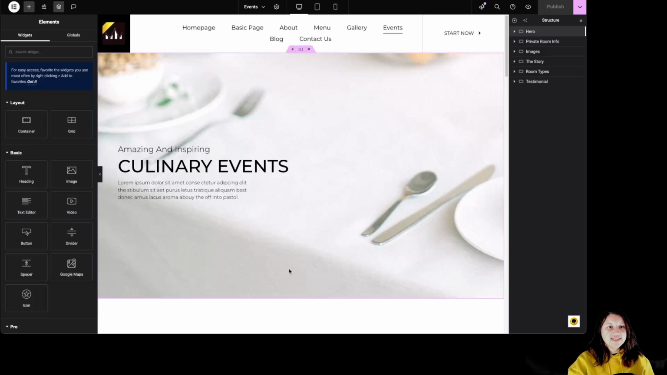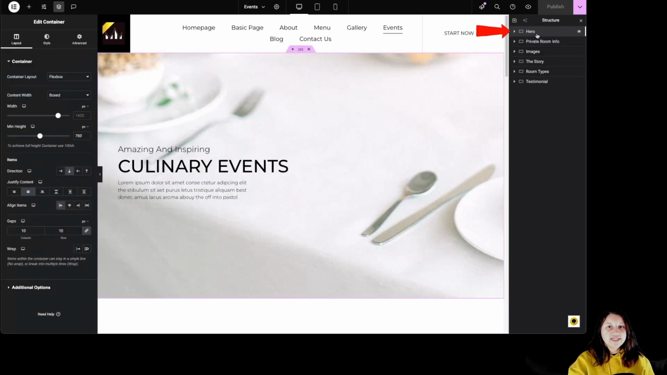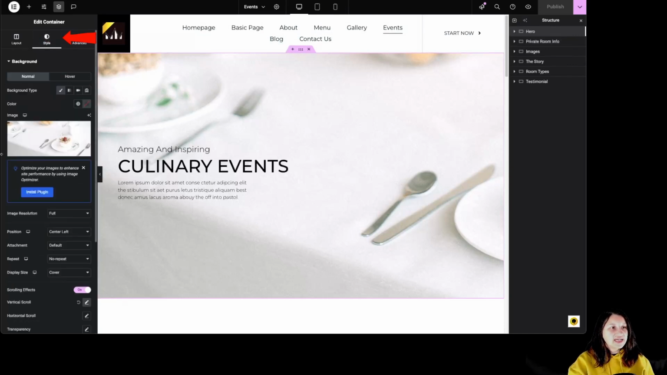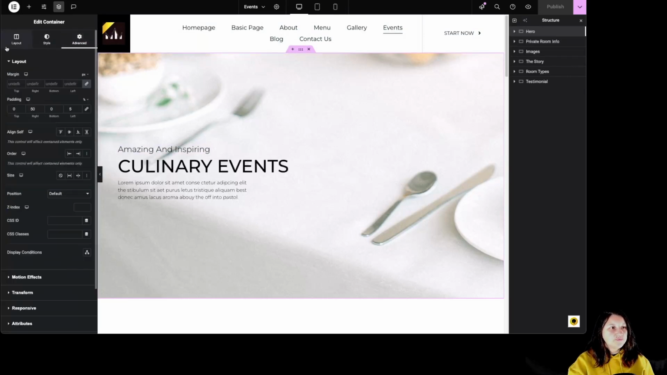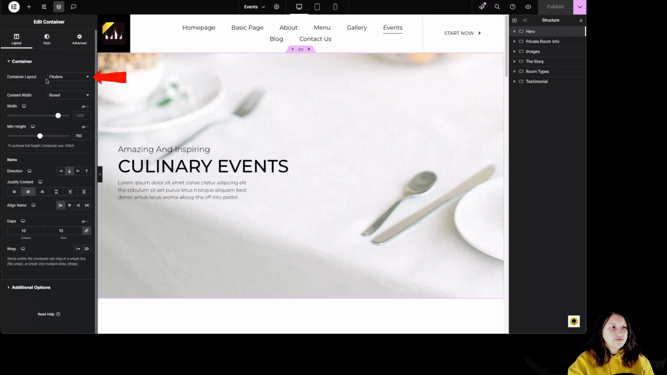If we want to add this container over here, including the background image, we simply have to click on those dots or over here on the first section from structure. Then we have the container settings over here, the style settings over here, including the background image, and the advanced settings over here. For the layout, we have the container layout from over here, the container width, the width from